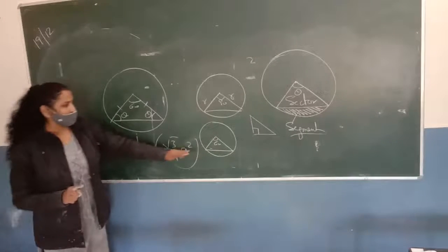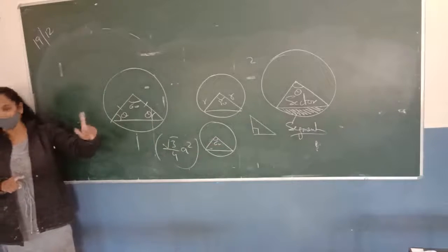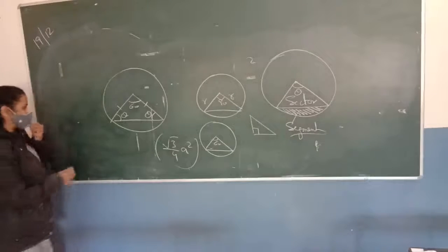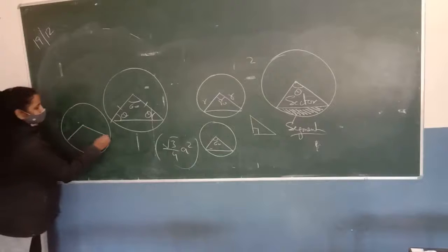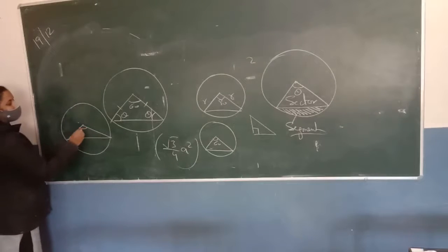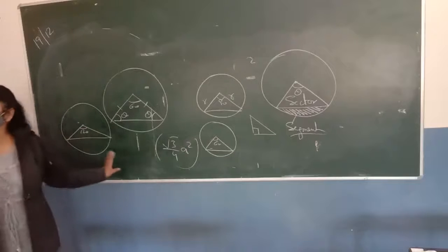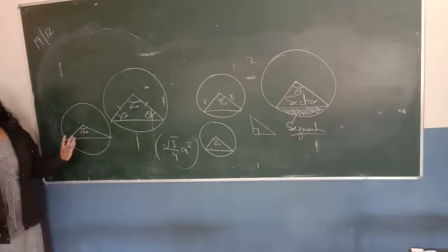So by using the formula, we can find the area of the triangle, and by subtracting this triangle from the sector, we can find the area of the segment. One more question is there in this exercise, in which the angle at the center is 120. Actually, for these questions we use trigonometry, but this year this part is removed from our syllabus. Okay, so we will not do this type of question.